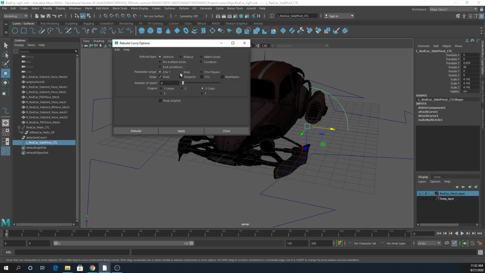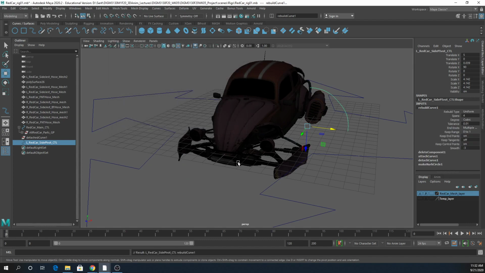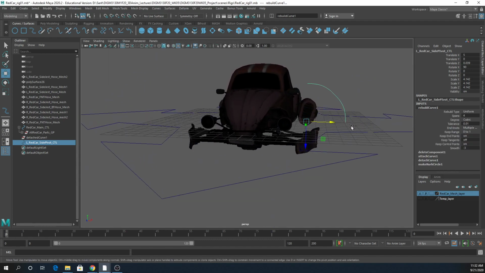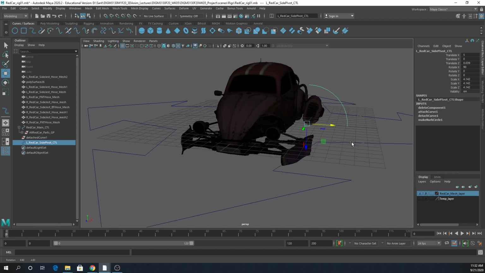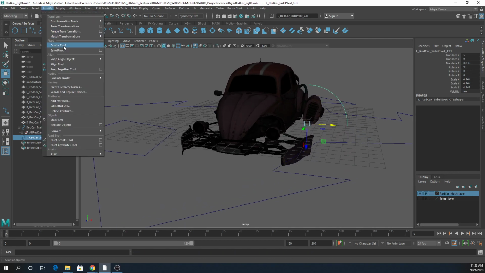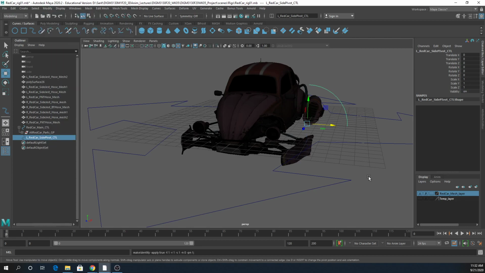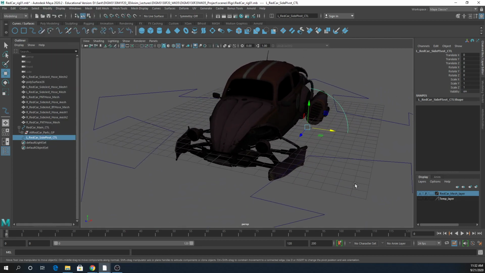On the rebuild section, actually, you don't have to rebuild it. Let's not rebuild them. Just keep it up. Delete history, because we are not doing modeling for this. So, freeze transform. Okay. Now I'm going to duplicate,